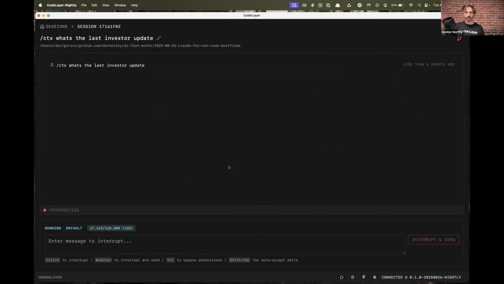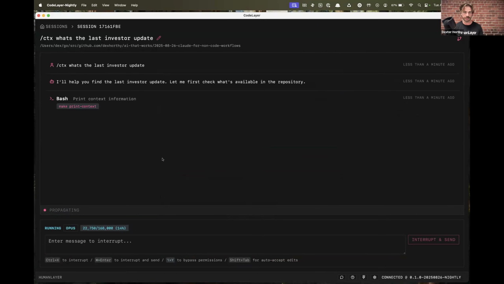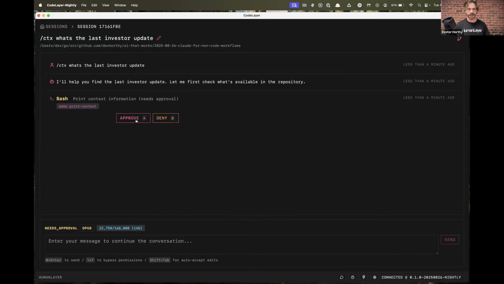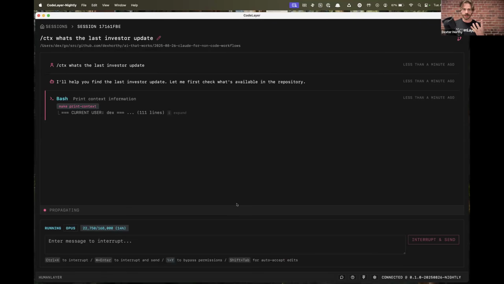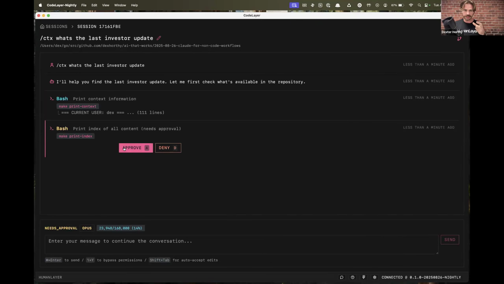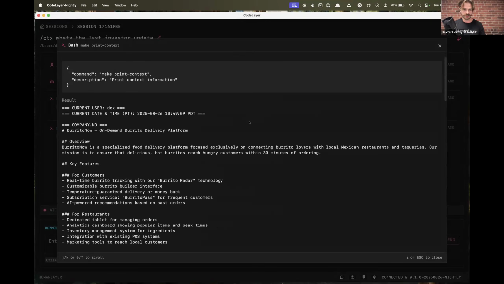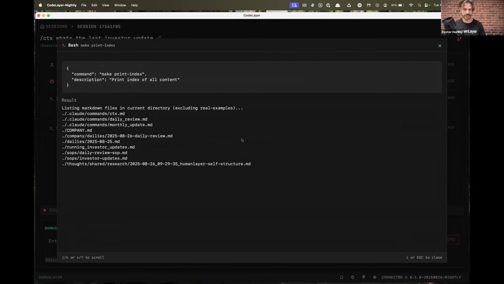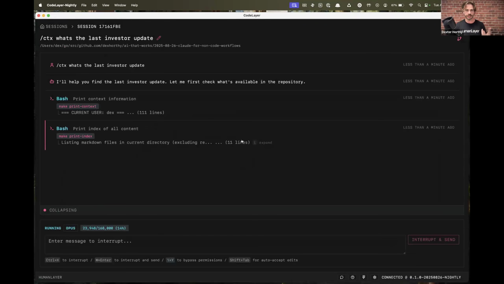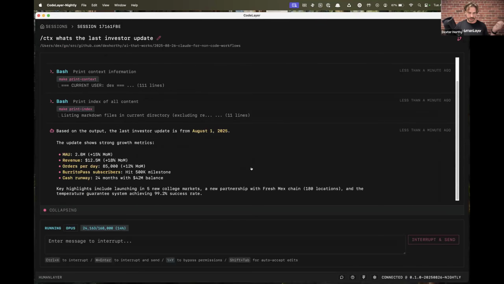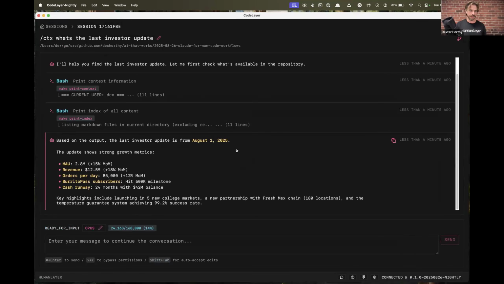If there's stuff you always want to know, this gets back into context engineering, right? Because if you just put everything in, you're going to take up too much of the context window and you're going to distract it. But hopefully this technique is clear: you can streamline your workflows and guarantee that the model will always have the core base context. And the reason why we don't use Claude MD for this is because of what we talked about 2 weeks ago: